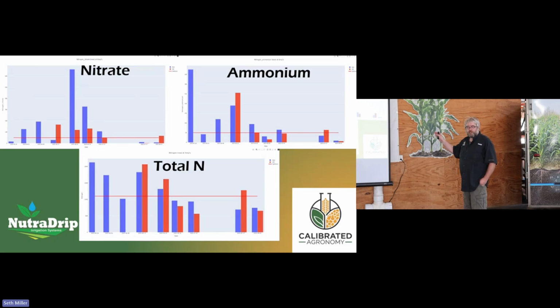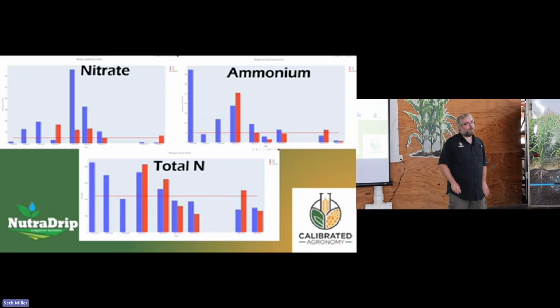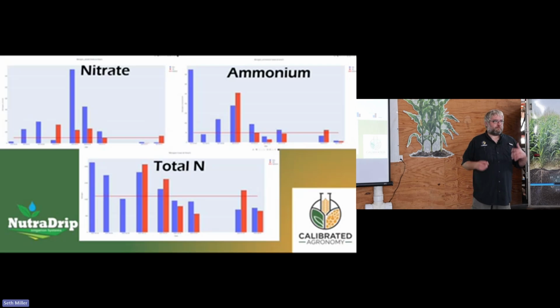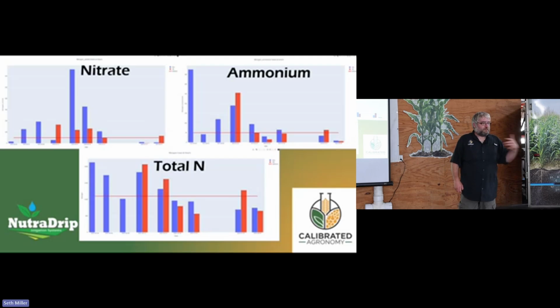So this is something that's really important. It's good to know. And one of the unique things about SAP testing is you can look at the form of nitrogen. So when we see this, the red line is how we determine our OLs. If we are above that, we're calling that bottleneck, like we have unprocessed nitrate and ammonia in the plant. And then you can see it with our total N. We just stop processing and consume our protein nitrogen. We start out pretty good, but then as we have this spike, we just start falling off. This is classic. We saw this all over the place this year. Nitrogen bottlenecking,